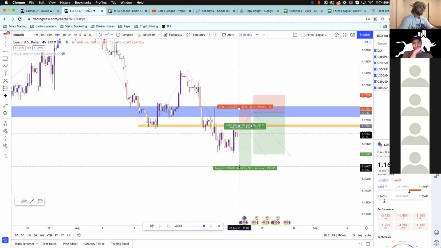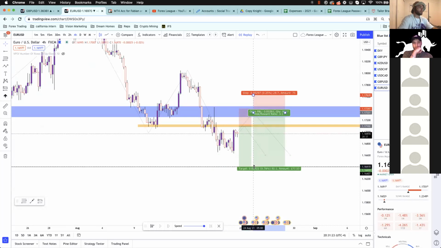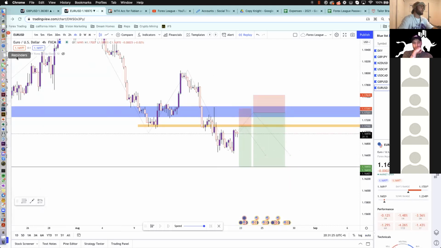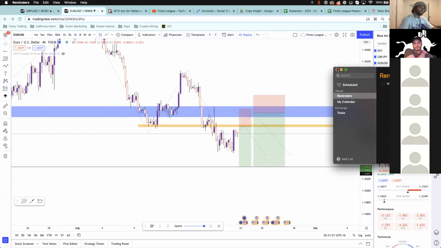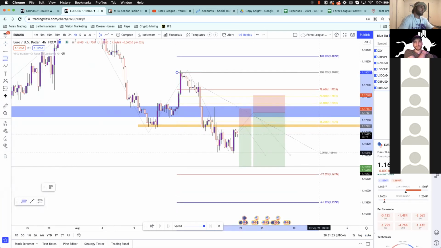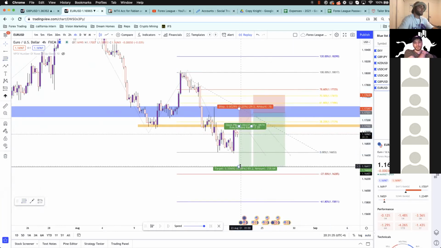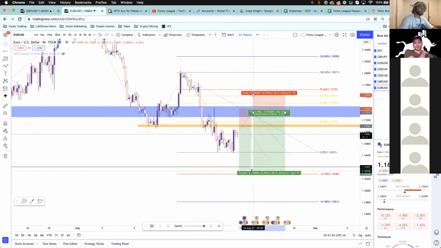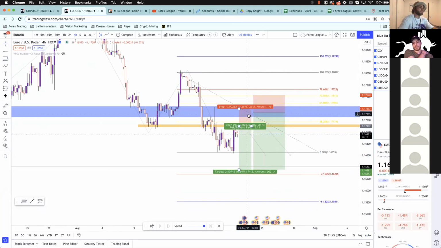So you can see down here, this would definitely be one of our TPs, down in this zone. And you could obviously also use your fibs. So you can just bring on your fibs, and you could also use that -27 as well as your target. So I'll target somewhere in the middle there. It doesn't have to be anything too crazy. If it comes down to this level, we're going to look to close anyway, because as we can see here,